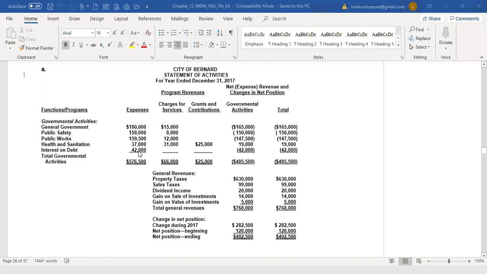And now I'm going to go back over and you can see that's our starting point. So all those numbers agree. So the total expenses for government-wide financial statements